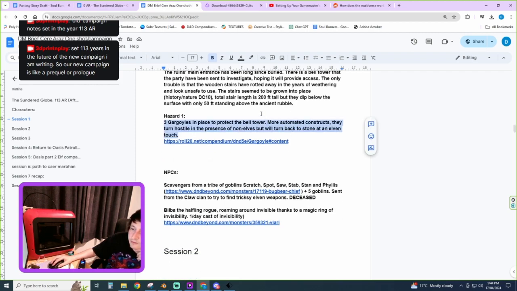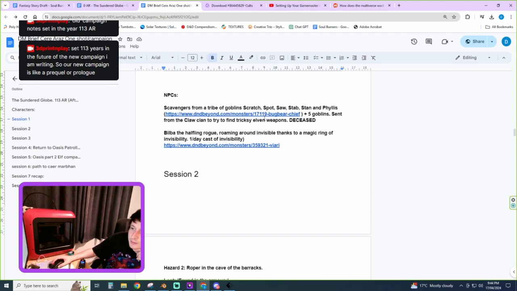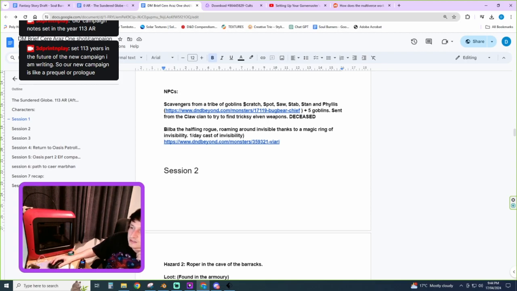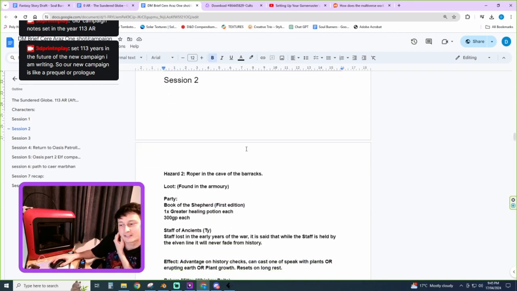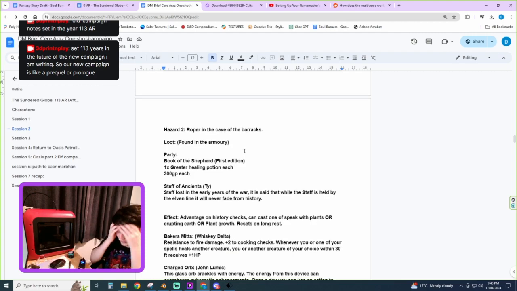Yeah, these guys, they avoided those gargoyles, they did good, I remember that. They slaughtered these goblins. Yeah, deceased, I remember them very brutally slaughtering these goblins. Then they rested exactly where all the goblins were, and all their dead bodies and things. In the cave that they were in there was a roper, and so, it was getting hungry. So that was a pretty brutal encounter that they made.